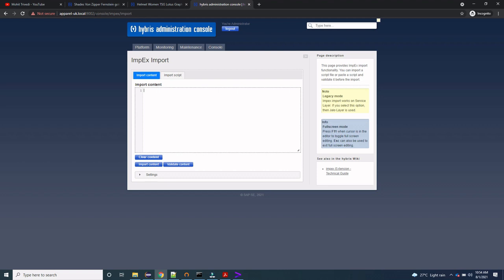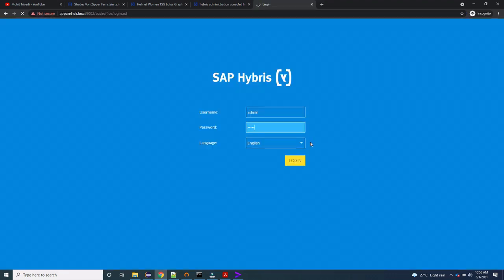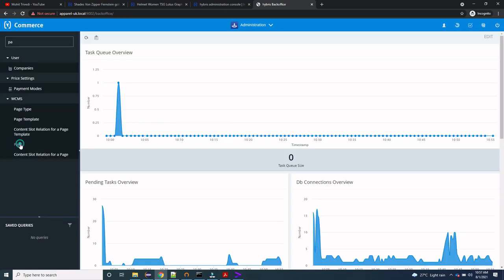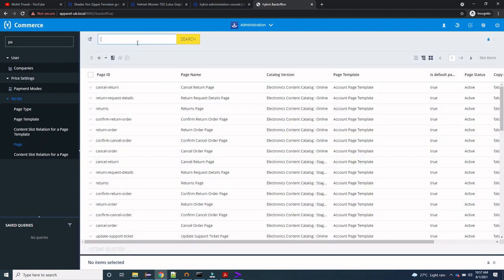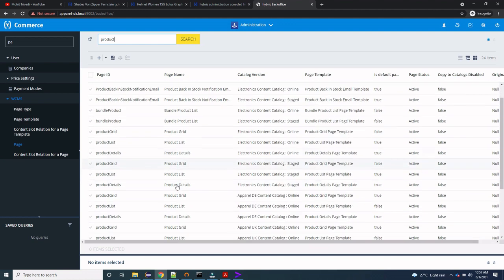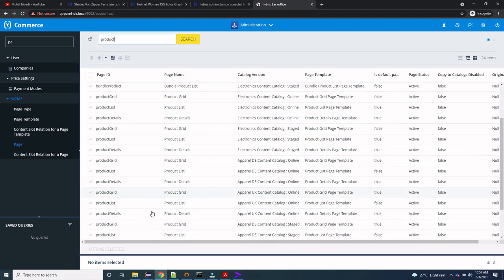Now we will go to the back office. We will log in with the username admin and password as Nimda. Now we will go to the page, and here as we have to apply the restriction on the component associated with the product detail page, we will search for the product detail.